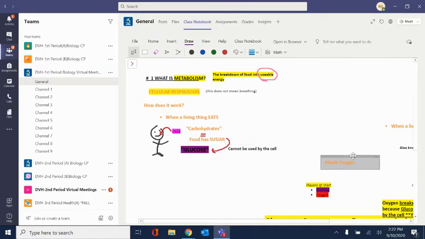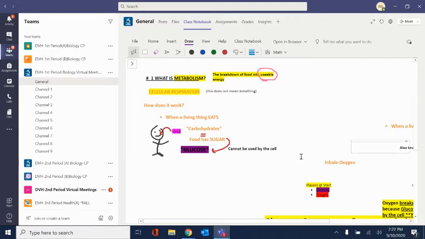Okay, so we eat food, specifically carbohydrates. Carbohydrates have sugar or are sugar. Another name for sugar is glucose. We will continue to use the word glucose throughout the year, so you need to know that term. Glucose, when it enters into our body,